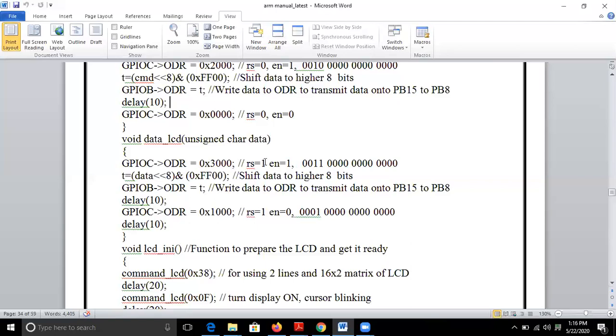That is why you need to set the value of RS as 1 and enable as 1. Then you shift the data that you have received through unsigned char data left by 8 bits. Then you write the value that is shifted by 8 bits to the left to the port B, so that data will be sent on the port B, pin number 15 to 8. So this data, whatever you send, will be displayed onto the LCD.